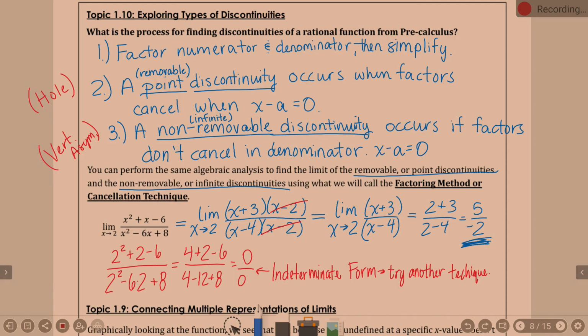Okay, now we have that negative 5 halves. So 0 over 0 just tells me you hit a roadblock, find another way around. Okay, as we are learning limits,